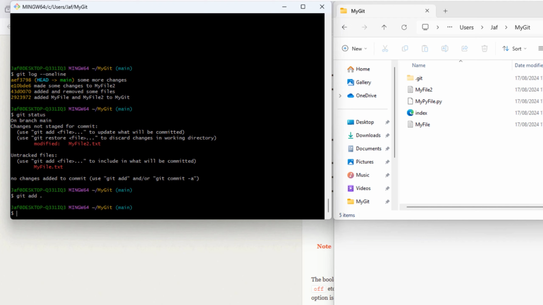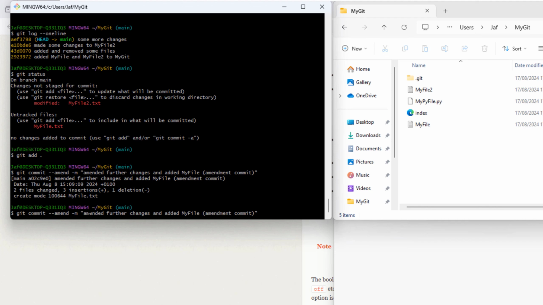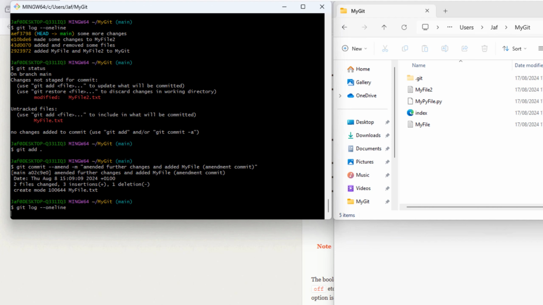Now that we have made these changes, let's say for example this last commit here, AEF 3798, some more changes, we want to replace it rather than committing it as a new commit. So the way we do that is git commit --amend and -m for message, and then I can specify the usual message in here: amended further changes and added my file. And maybe I can put in brackets amendment commit or something like that. And let's press enter. So we have made the change, and if I go back to git log --oneline,